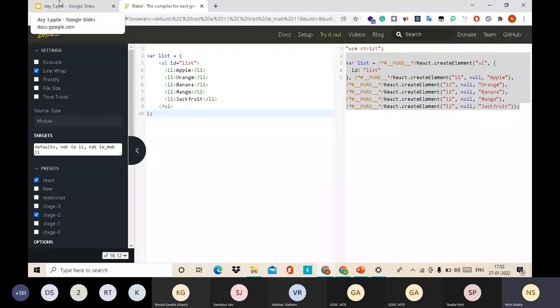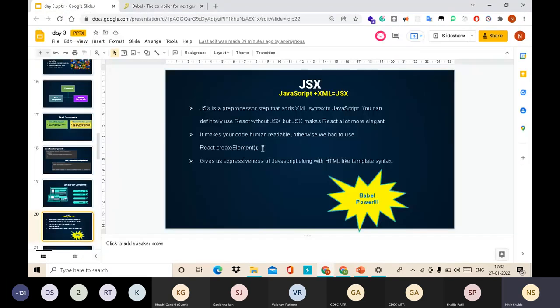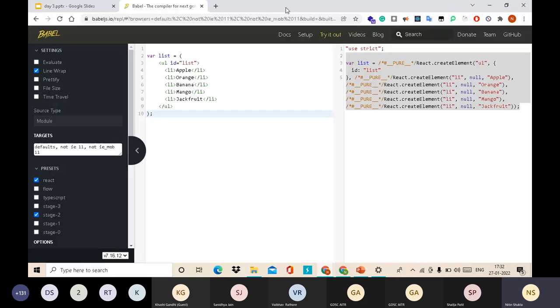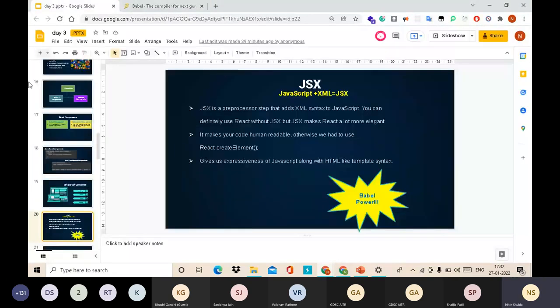Okay, so basically there are two ways in which it converts the code. The first method is createReactElement, and the second is the append method. Append method and create element are the two methods by which JSX code gets converted to JS code. Okay, so